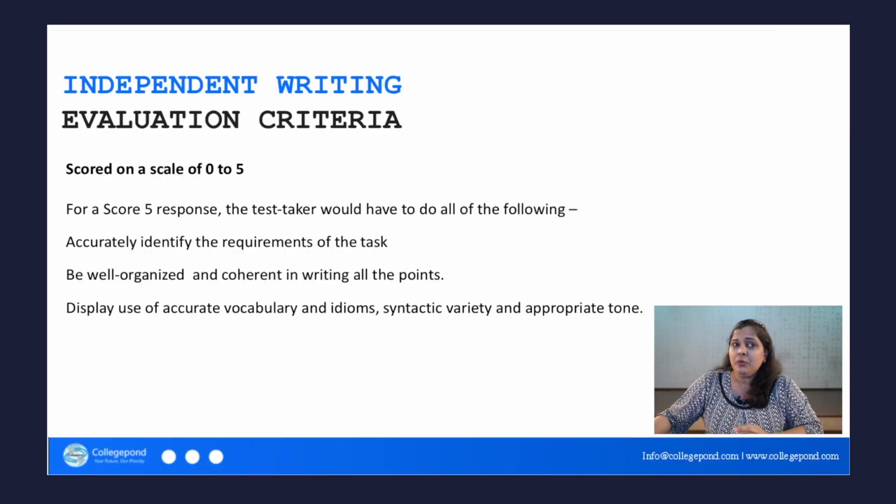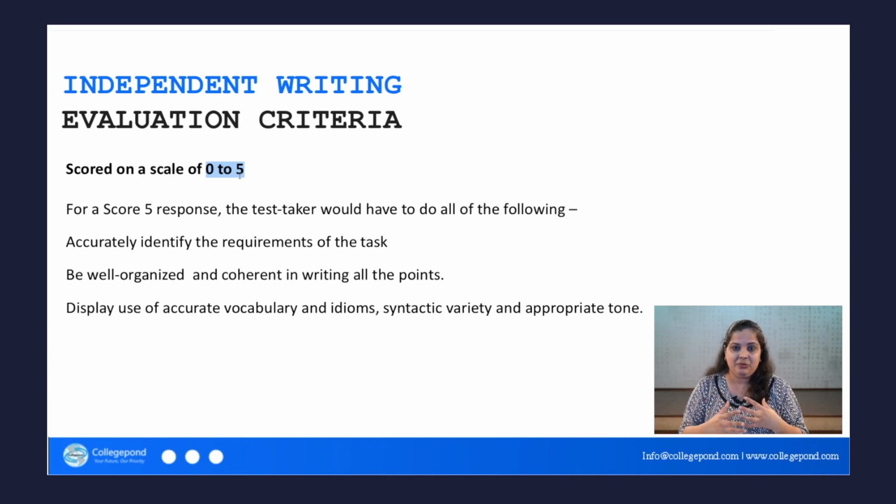Now let's take a look at what is actually expected from you. You will be getting a score on the scale of 0 to 5. What does this actually mean? Quite similar to your integrated writing task, you will be marked on this scale, and 0 means obviously the least and 5 is the highest score that you can get. When it comes to a good score though, you can typically think of it as somewhere that falls between 3 to say 4.5. 3 being an average score and 4.5 being on the higher side.